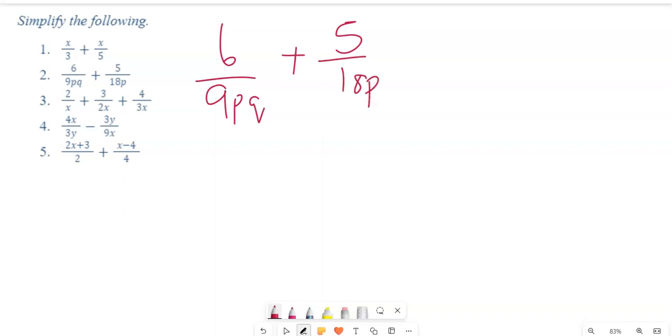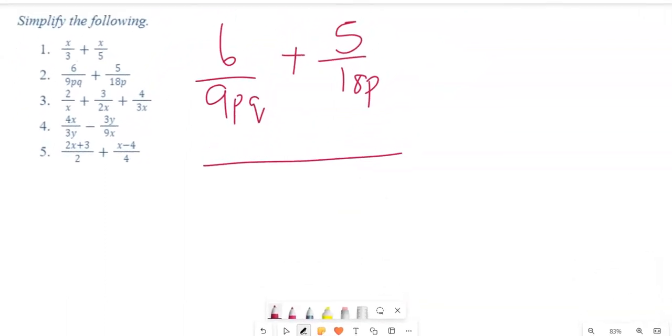What you need to know is that when your denominators are a combination of numbers and letters, you need to find the LCM for the numbers, and then for the variables, aka letters, all letters in the denominators must be present in your LCM. So the LCM of 9 and 18 is 18,